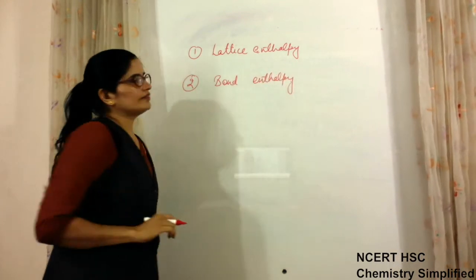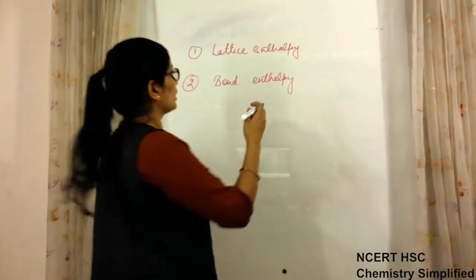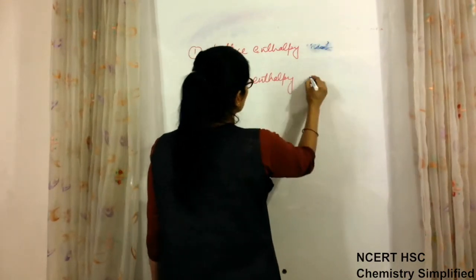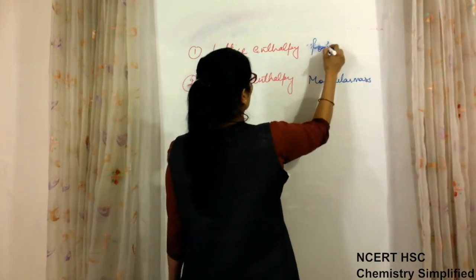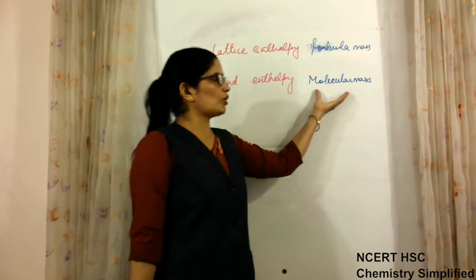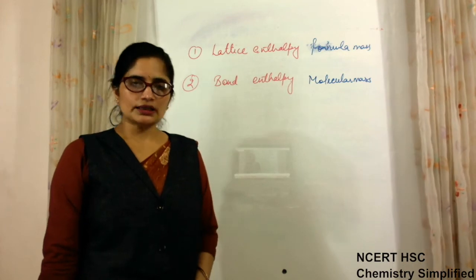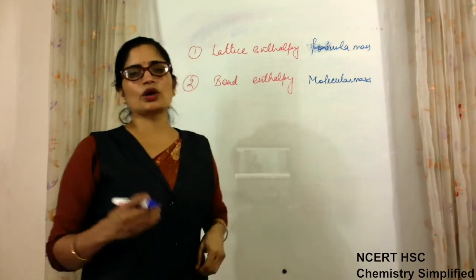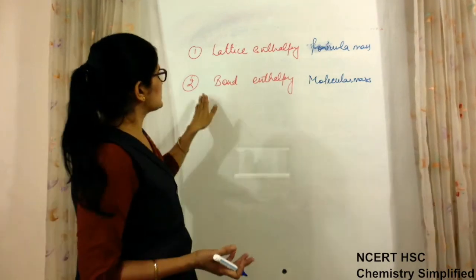Why I have taken these 2 terms together, I will explain to you. We had done in the first chapter, if you remember, molecular mass, and we had written formula mass. I told you at that time that there is no difference between molecular mass and formula mass if we are concerned with the method of finding it. The method is the same: just totaling the atomic masses of the elements present in the molecule and finding its mass. The same is there with this.